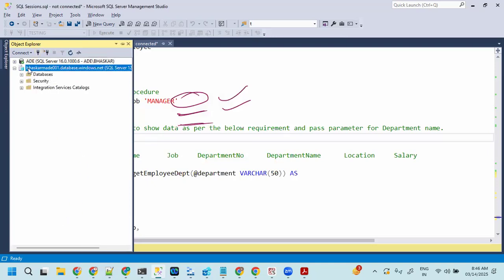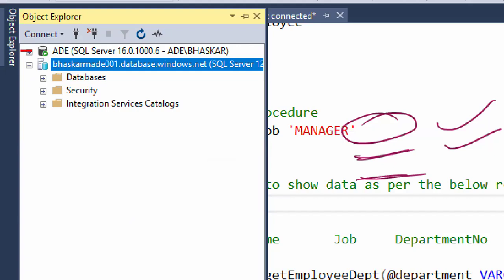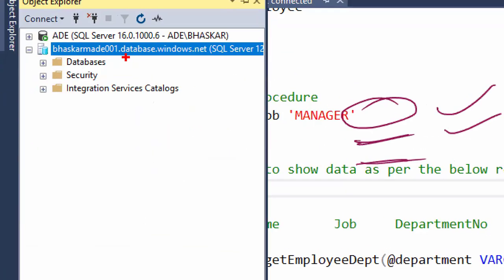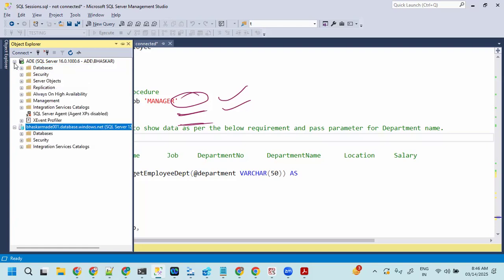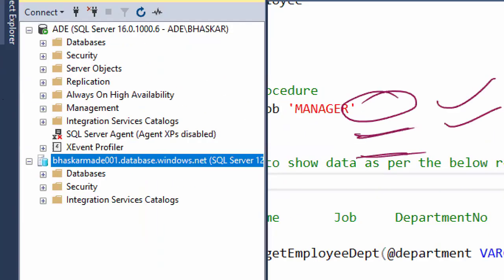Now you can see the difference here. This is an on-prem database and this is a cloud database. A cloud database is always going to have database.windows.net, server name.database.windows.net. If I expand this cloud server, you can see there are only three options. There are major changes here.